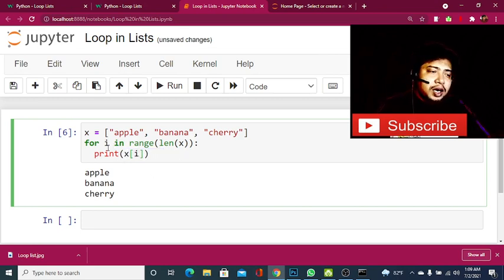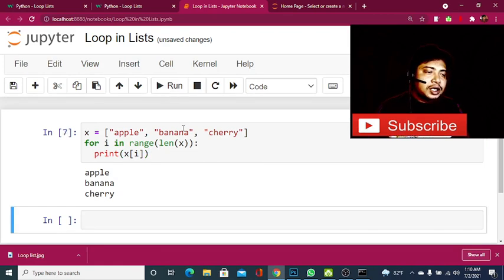And instead of y, we have taken i here. So how many times will this loop run? That will depend on the length of the list. Let me just see that. So the loop will run the total number of elements or items present in the list. Here I can see the total number of elements is 3. So the loop will run thrice. So let's see what the result is.